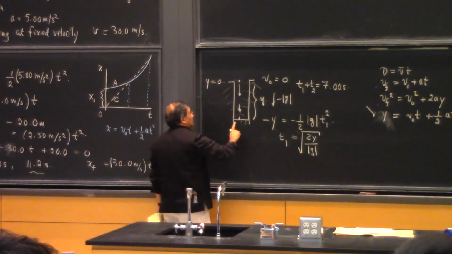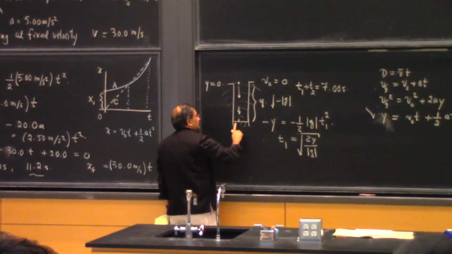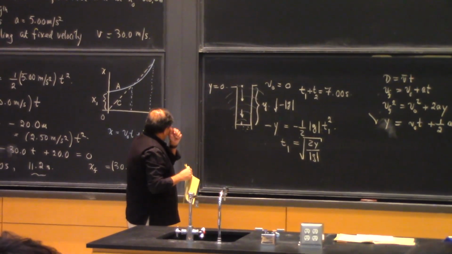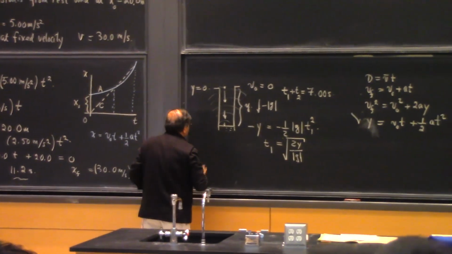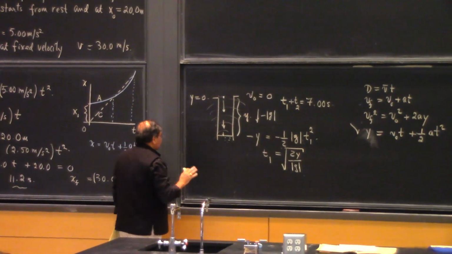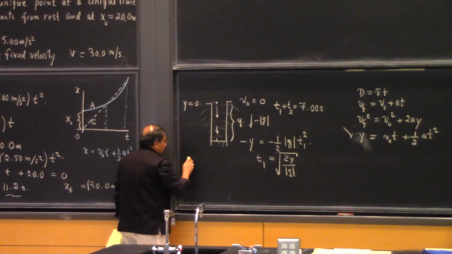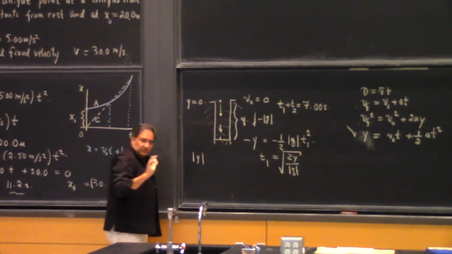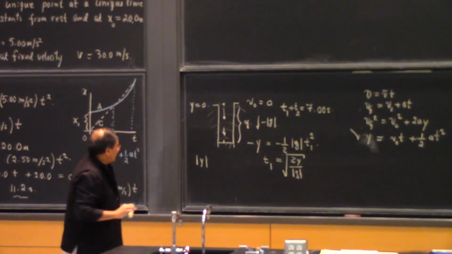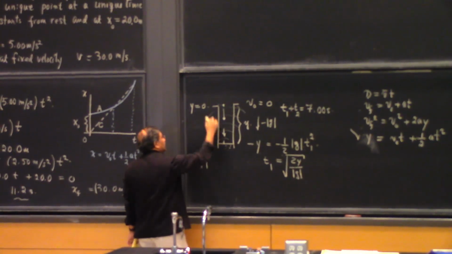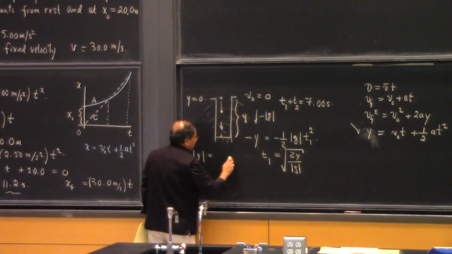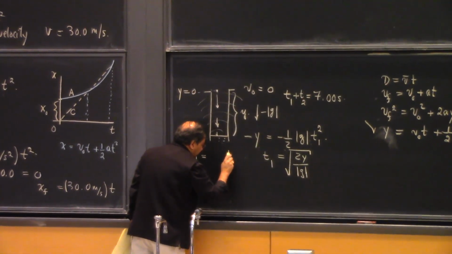And the speed of the sound, in this case, is the pressure wave propagating upward. So the best way to do this is not really worry about signs, but we can just simply write that the modulus of y, just to make sure it's just the positive value of y, just how big this y is, must then be equal to the speed of sound times the time taken for the sound to come up,